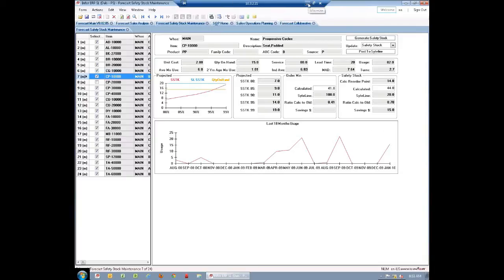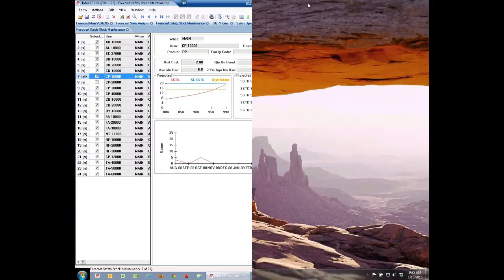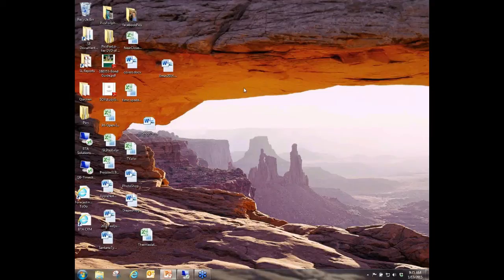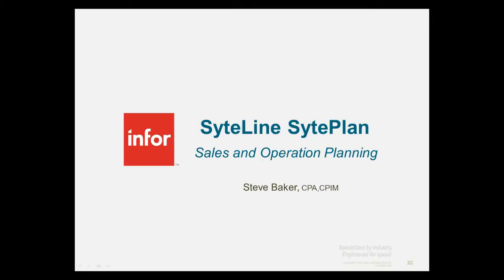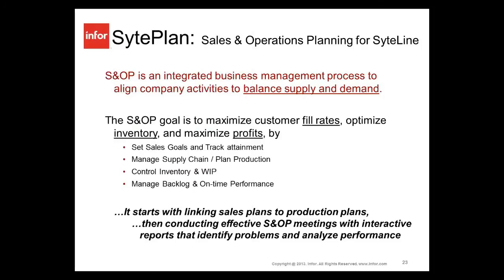I'll jump on over to the SytePlan application for a briefer review of it. Then I'll dive into the forecasting application. So the SytePlan application can work with the forecasting application, or you can use it standalone. The main purpose of it is to provide you with a set of tools that are built right into SyteLine